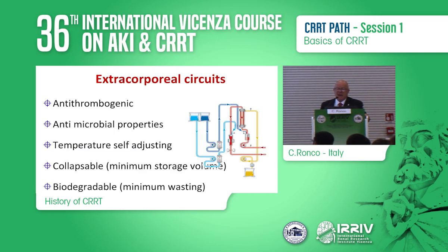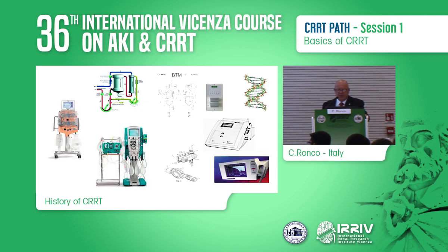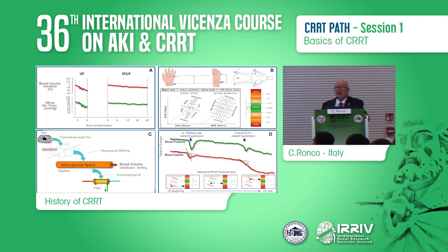And extracorporeal circuits may actually be designed with anti-thrombogenic surfaces, antimicrobial properties, temperature self-adjusting, maybe collapsible or biodegradable, becoming kind of environmentally friendly devices. We also may have development in fluid balance control, new membranes, sorbent devices, even wearable devices, and population-specific therapies. And all these different technologies may actually be integrated, like we have tried to integrate, for example, bioimpedance with blood volume measurement that we do in the chronic patient. We need to do this in the acute patient